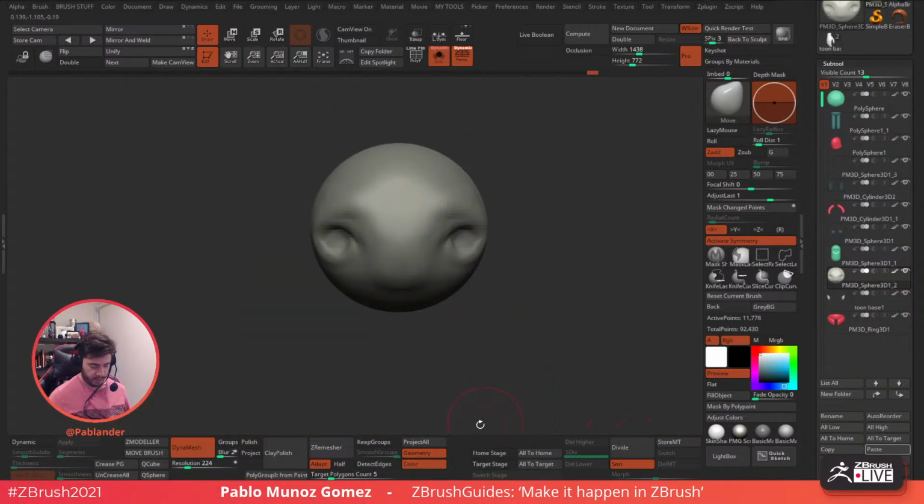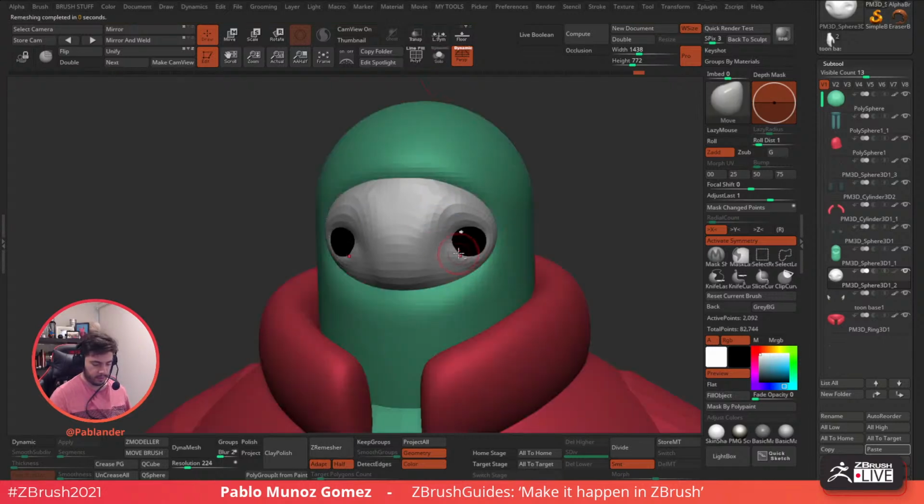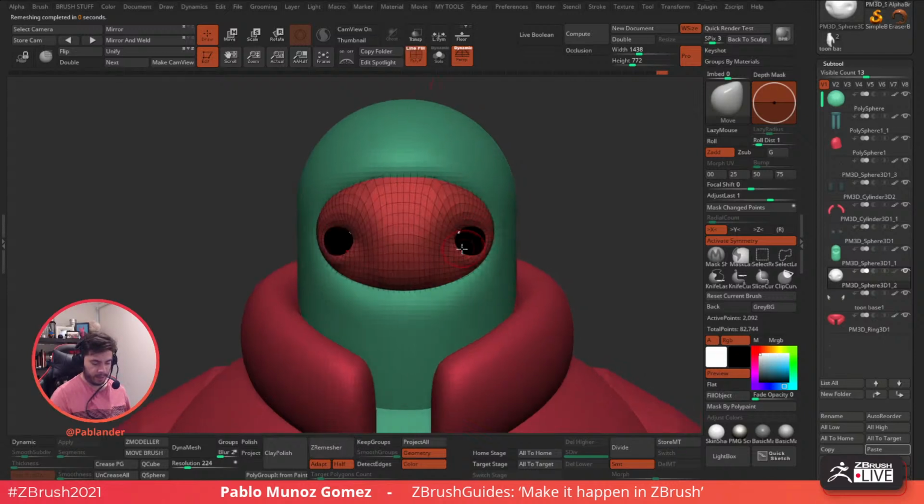And what I'll do is run a quick ZRemesher with symmetry. I don't have to duplicate things and then project details, because ultimately there's not that many details anyway. So let's do that one more time. So now we have a better topology. I mean, it's not perfect, but